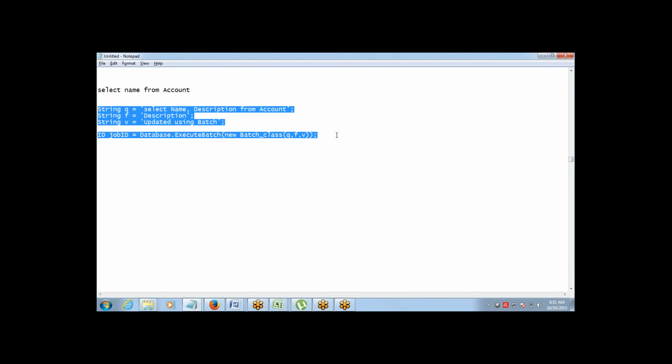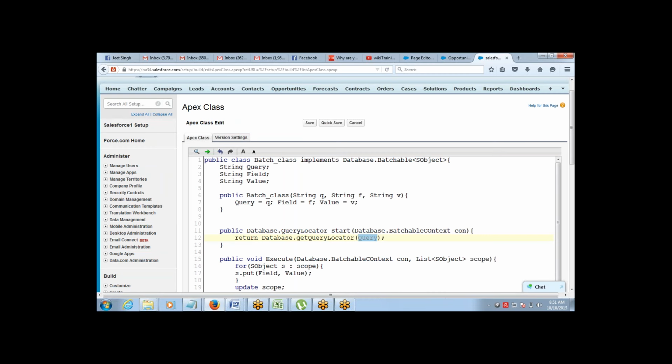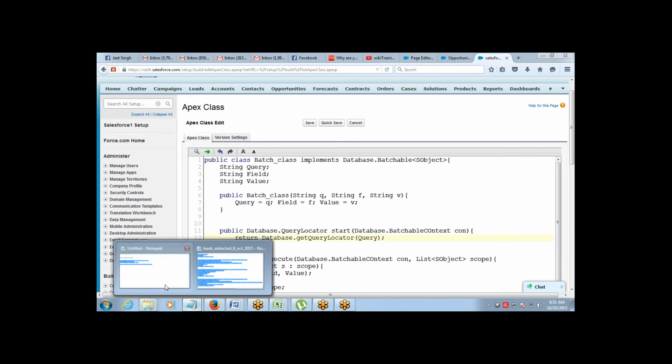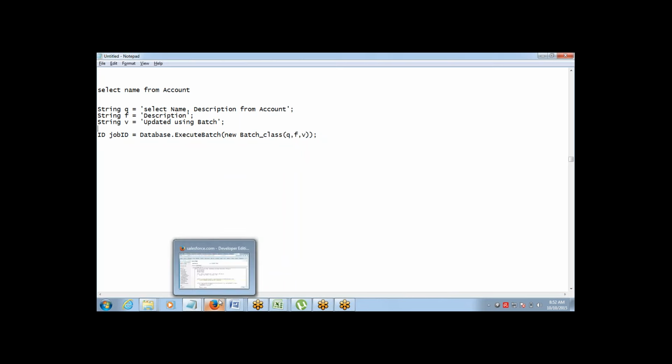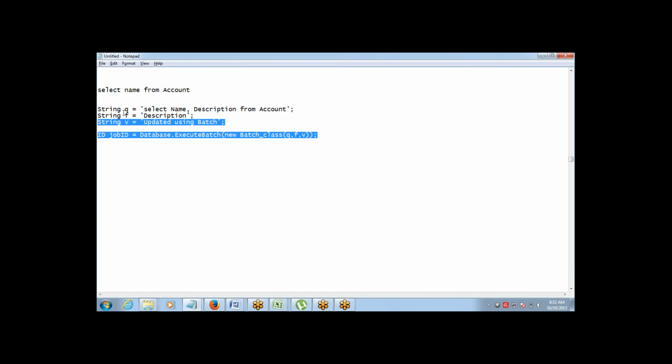Where will we call or execute this code from? The execute method is there, but where do I run this code now?